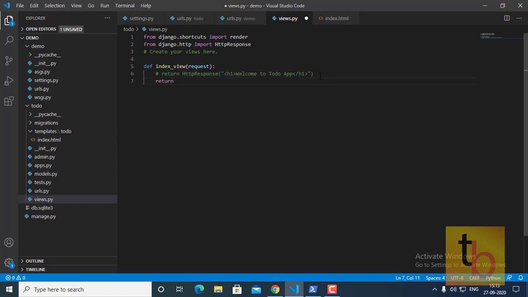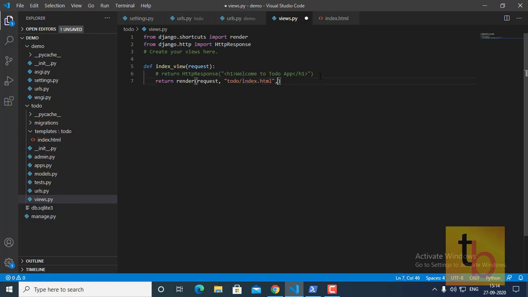The render method provides three parameters. The first one is request, and the second one is the template name. Whenever you define the template name, the best practice is to define your app name slash index.html. This is basically the template or HTML file name.